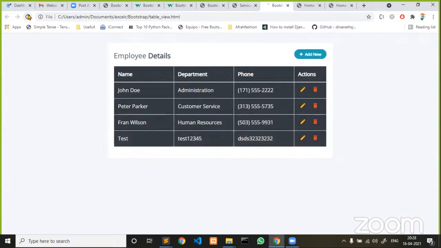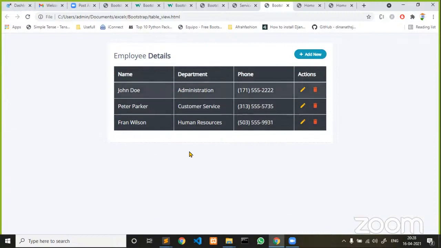Now if you reload, you see here, the moment when you reload, the data disappears. Why? Because on the fly we are manipulating in the DOM. Now permanently we are not storing into database. If you want some information to be stored permanently, and if you are planning to reuse it in future, make sure that your web page must be connected with middleware and backend. This all comes into your picture when you start working on real-time and live projects.